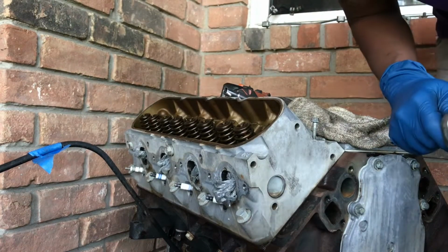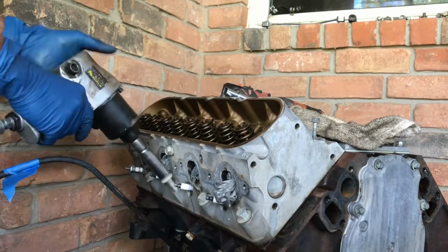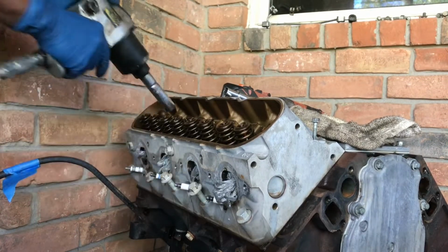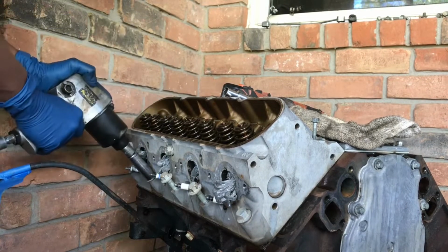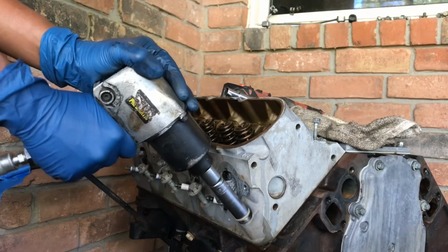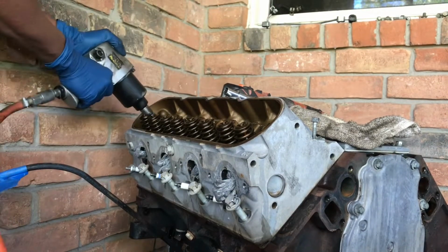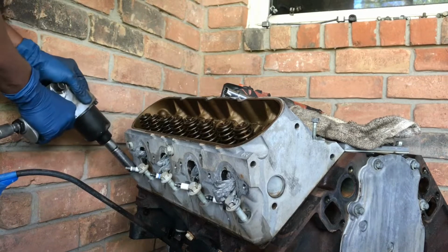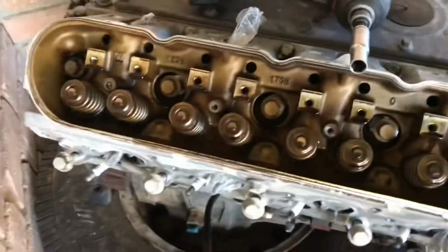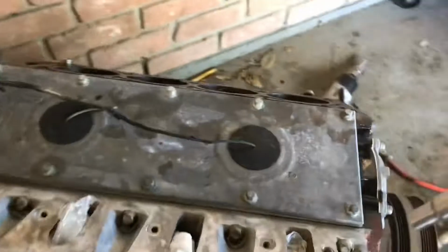I got something to make this much quicker. Give me 1 minute. Alright, y'all see how quick that was. Next, I'm going to remove all of these 10mm